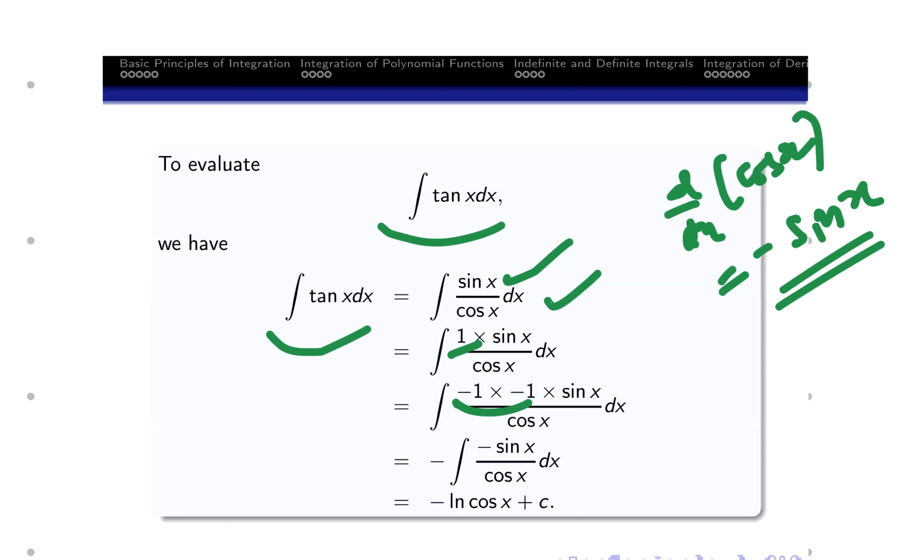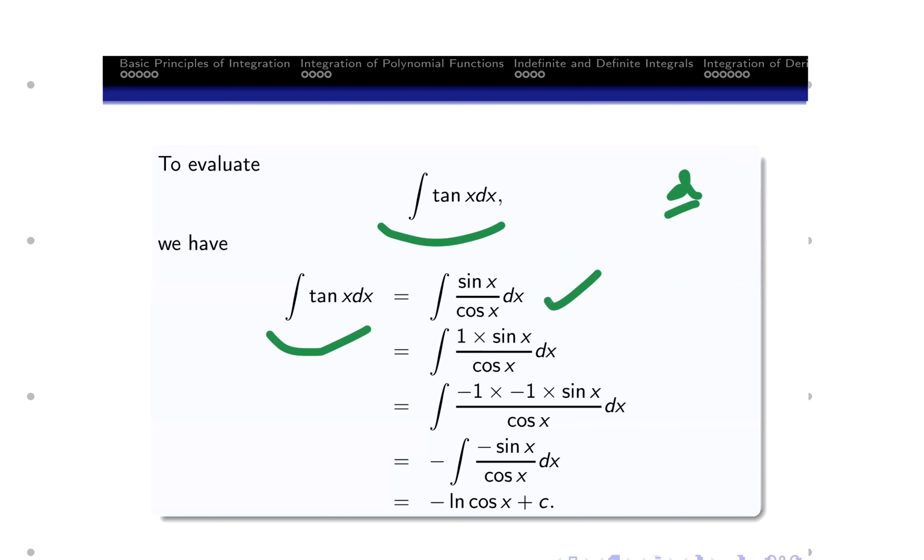Now that you brought that into it, you can simply go ahead and multiply sine x by minus 1. So you have minus sine x over cos x, and this other minus 1 comes outside here. So you have minus here and minus here. And now the deal is done. If you differentiate cos x, you get minus sine x. And then we can use the law